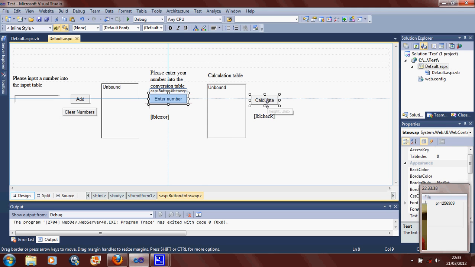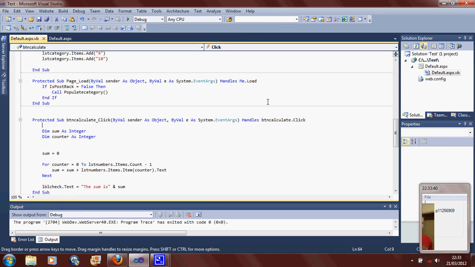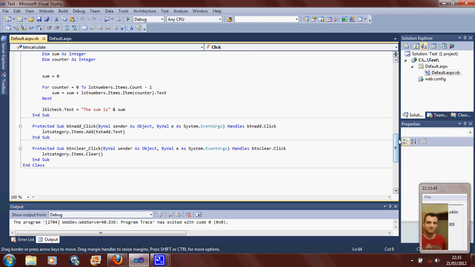Now we come on to the code for the Calculate button. For counter equals 0 to LST numbers.items.count -1. This is indeed the beginning of the for loop within the program. Now, for counter equals 0, this in turn immediately sets the counter on the page to be 0. And then count -1 will always ensure that the number within the list box is lower than the